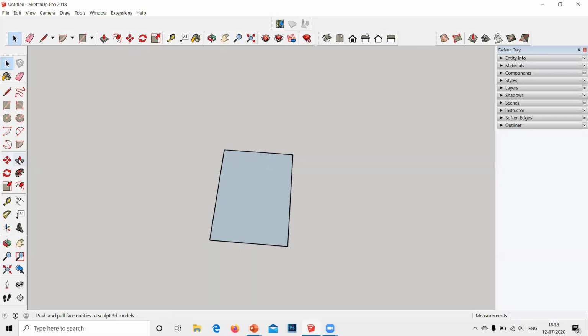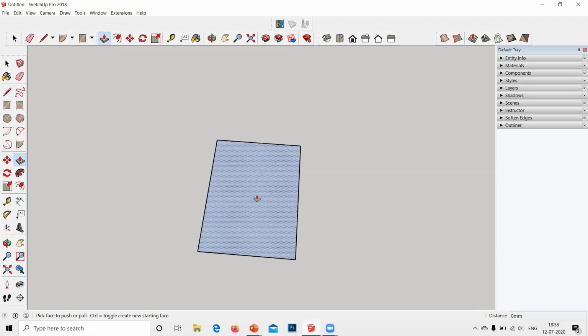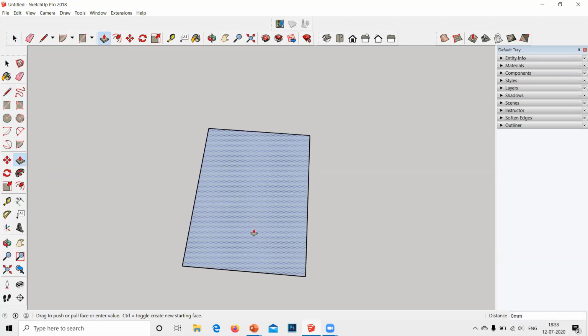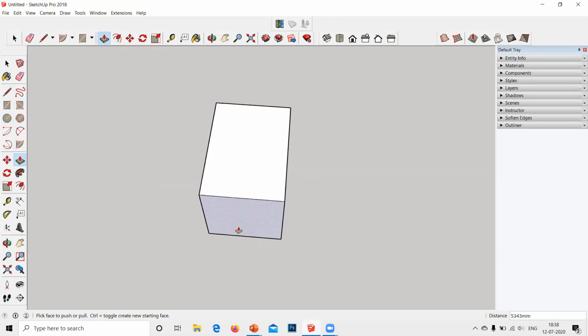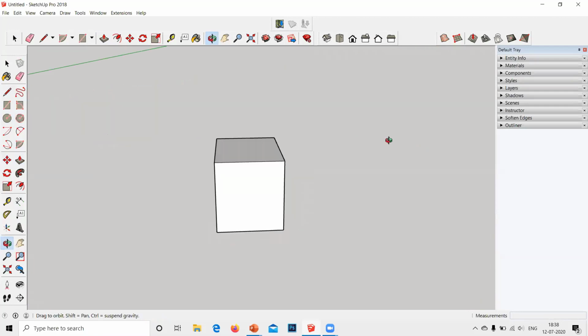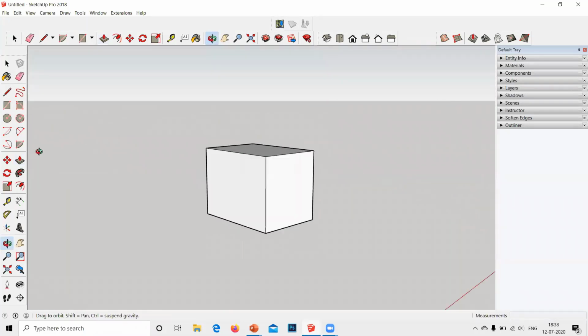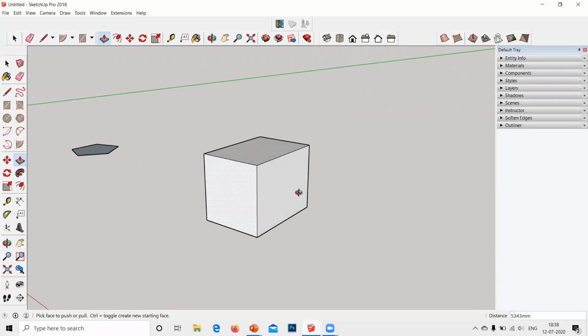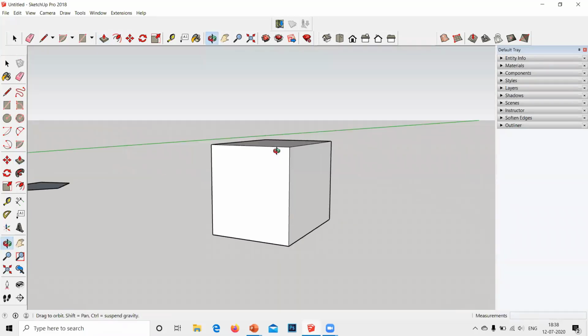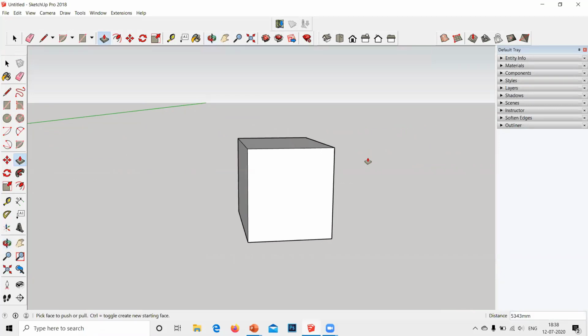So what I'll do is, I'll go to the second tool palette. Yesterday we learned this tool palette. Today I'm going to teach you the second tool palette. The first tool, that is push and pull, you have to click on. Click on this push and pull tool, bring it near your rectangle, click on your rectangle and move your mouse. This is very easy. So you have just elongated your 2D figure. You have elongated your room. Now your room looks like a block. Okay, you have given a height to your room. But this height is very random. You have not given it a specific height, right?